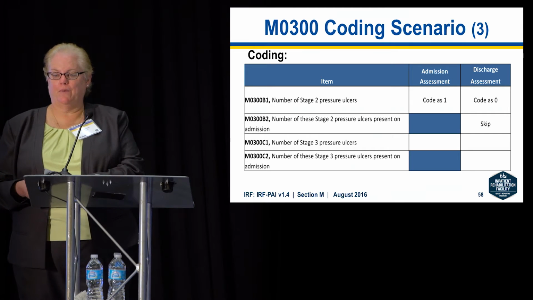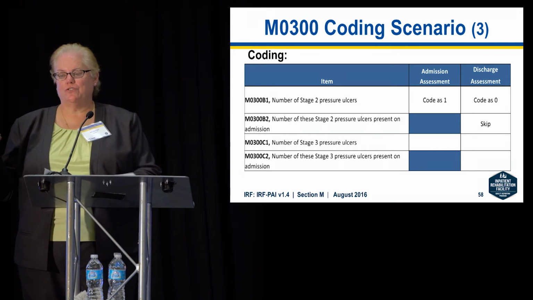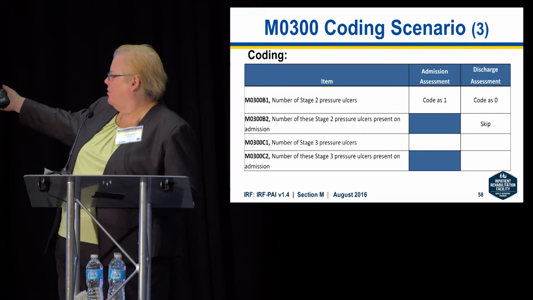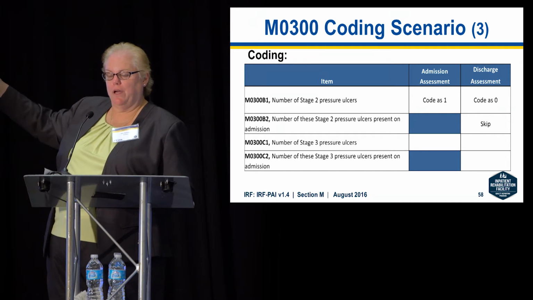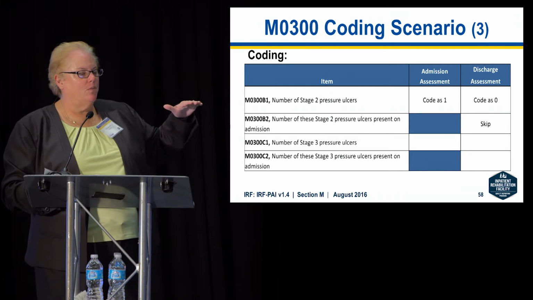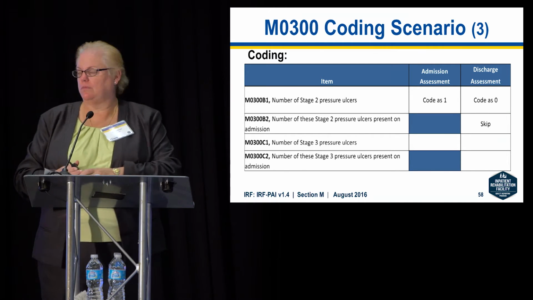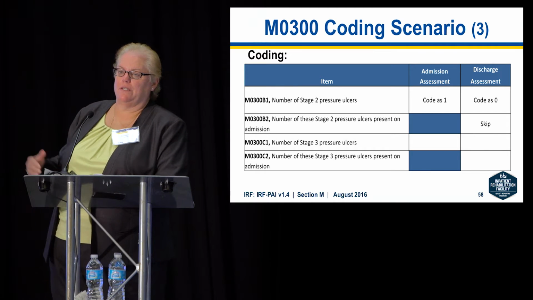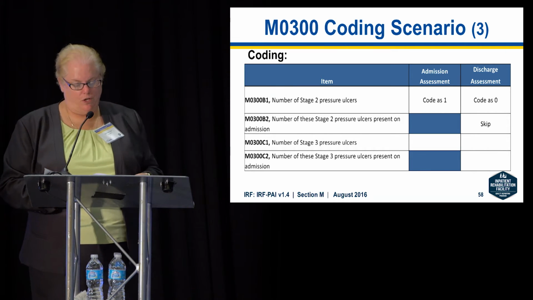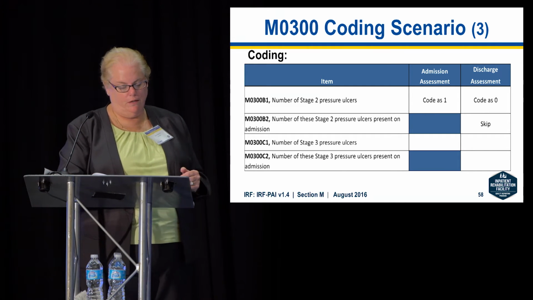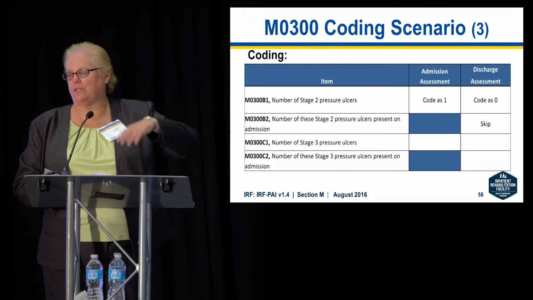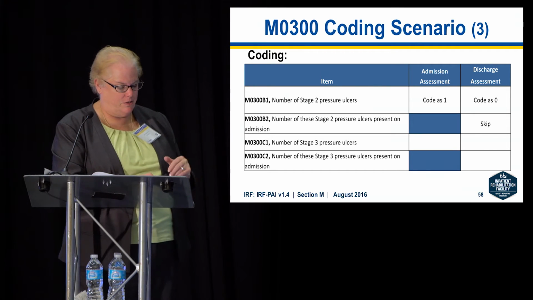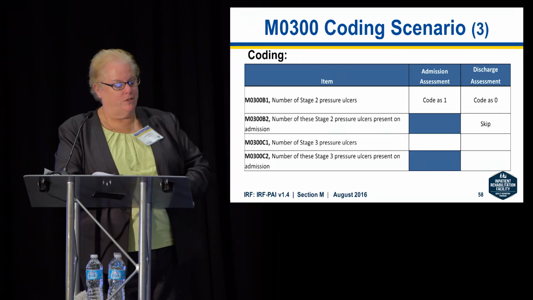We'd skip that. Why would we skip that? In the coding instructions in the manual, you'd skip because it's asking, of the question before it, how many were present upon admission. You're saying 0, so you have to skip. It says if you have a 0, skip this question. You would have seen that. And if you have a computerized system, it's not going to let you answer this question. It will force the skip. So it makes your life easier. I love skip patterns built into computers.